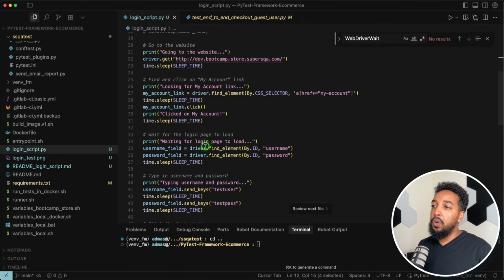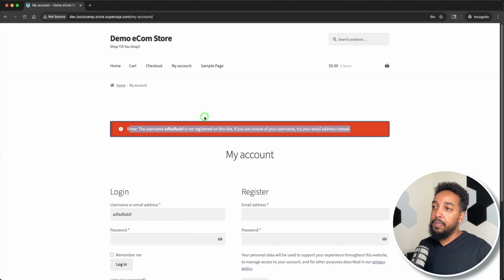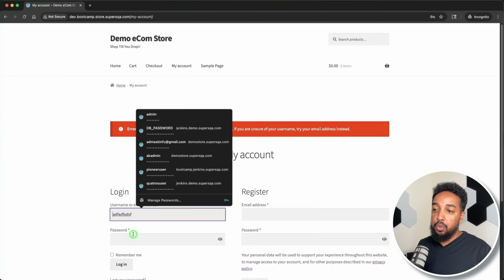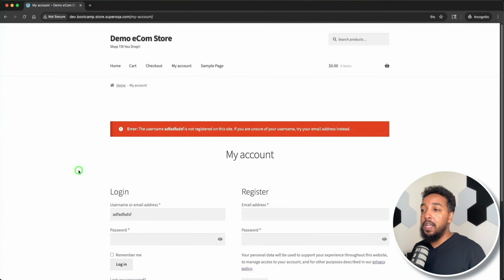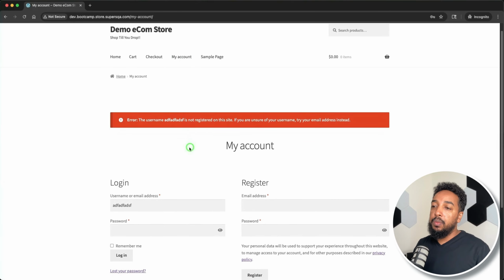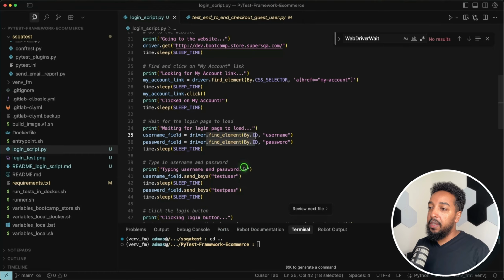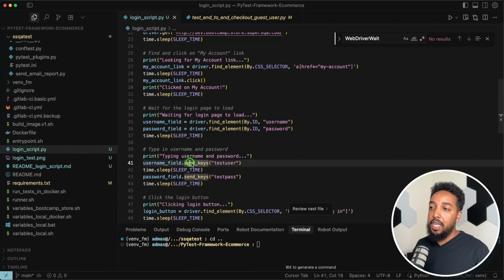Then it's going to go and find the 2 elements. It's basically going to go to here and find those 2. That's what you're doing with Selenium. We're going to tell Selenium, hey, go find this particular thing. First, we told it, hey, go find this and click it. Then we're telling it, hey, go find this right here. For now, we're saying just find it. Find this field and find this field. And we did that. Then we're saying, hey, type into it, send keys. Keys are the keyboard keys. We're going to tell it to send it.